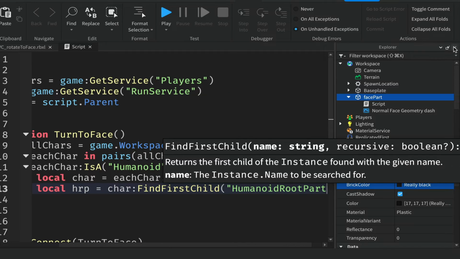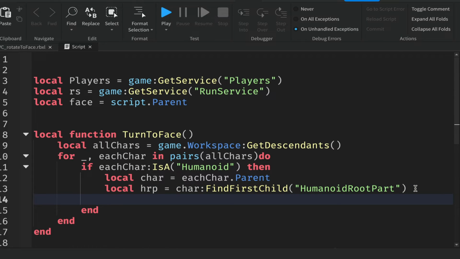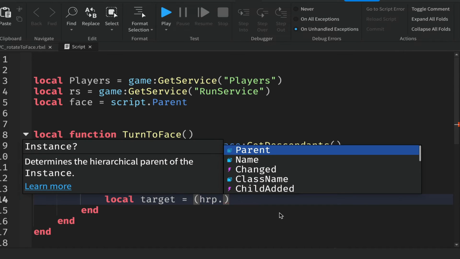And I'll just get rid of these windows. We're going to use this to determine how close this character or its HumanoidRootPart is to the face part. So we'll create a local target, and it will be equal to, inside brackets, HumanoidRootPart.Position